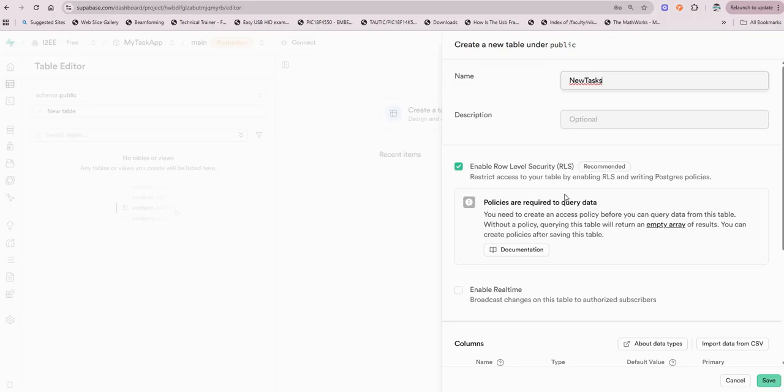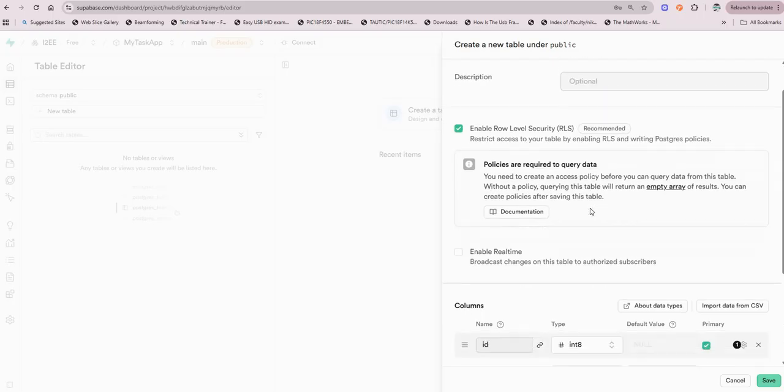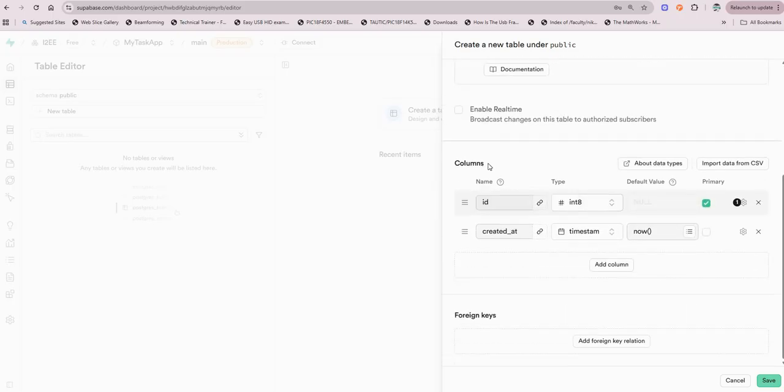Is that okay? Leave everything else as it is. Later we will change this RLS security. Scroll down. Now you are able to create the columns. How many inputs do you actually need? So just now in our page, how many input fields did we have? 2. What are the names? One is the task title, the other one is the task description, right? So now we can actually add the names here. So let's say this one we put as task name,